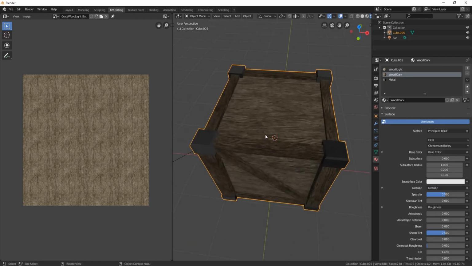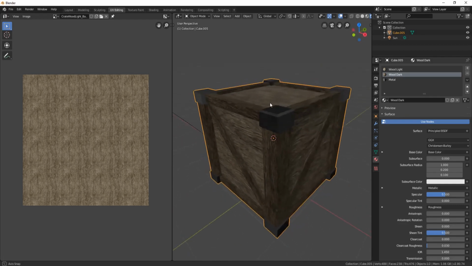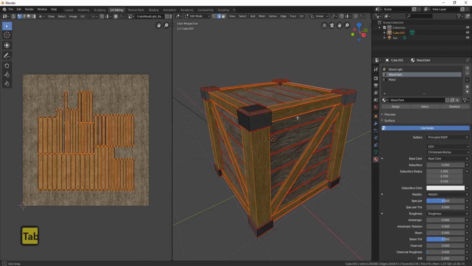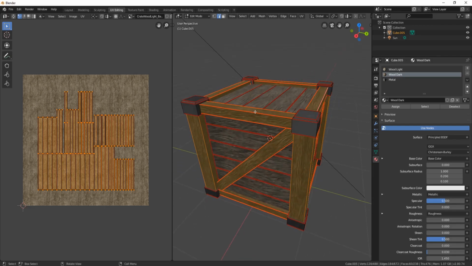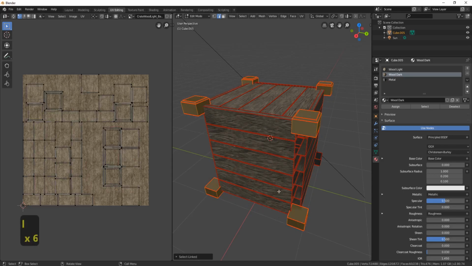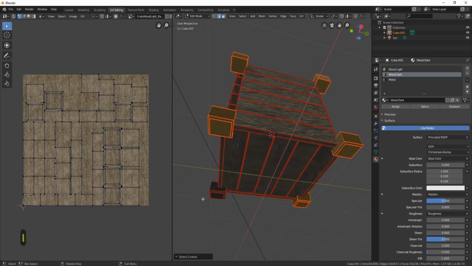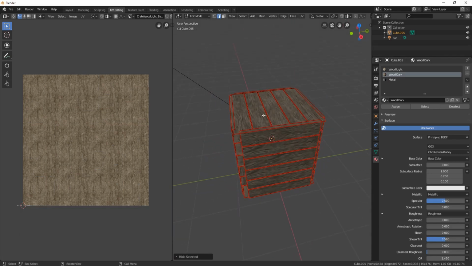Remember, this is a low poly, and it's just to give you an idea of how to create a decent looking crate. So I'm happy with that. Now let's go to these parts. What I'll do is hide these parts just to make it a bit easier, and I'll grab each one of these, and I'm also going to hide these as well. Just make sure you got them all, press H for hide, and now I'll grab all these with A,